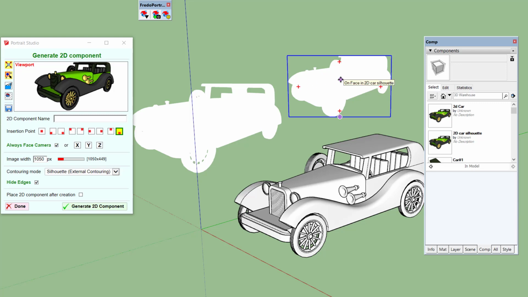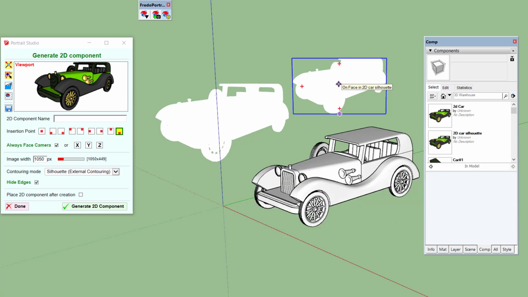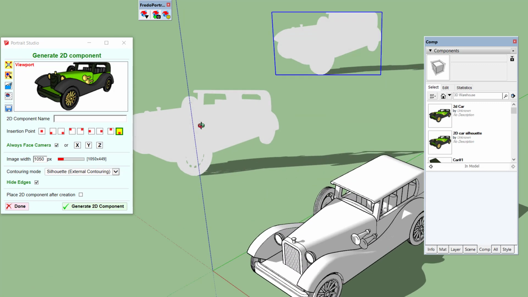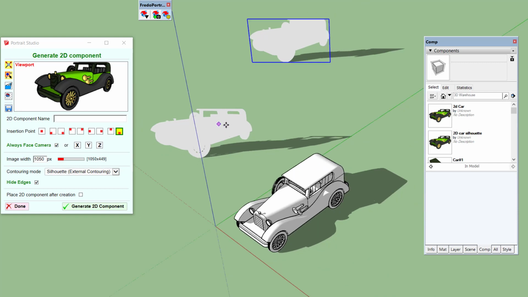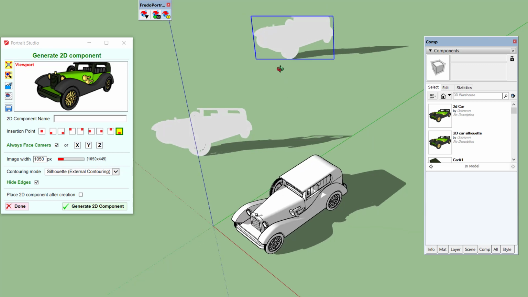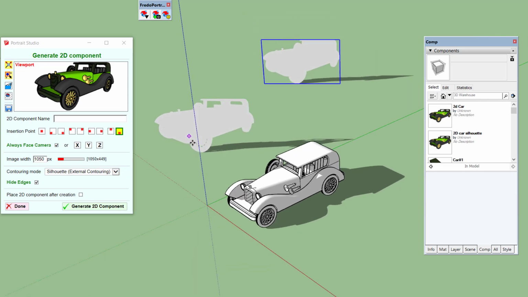So it may or may not matter for you. The main difference is about shadows. Okay, if you have the contouring with holes, you have more realistic shadows. If you have only silhouette, you see that it's less realistic. By the way, it does not cost more or take a longer time to use holes or not. The difference is minimal.